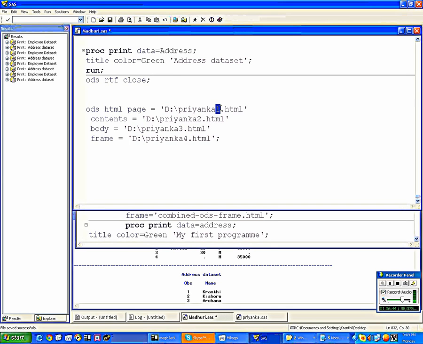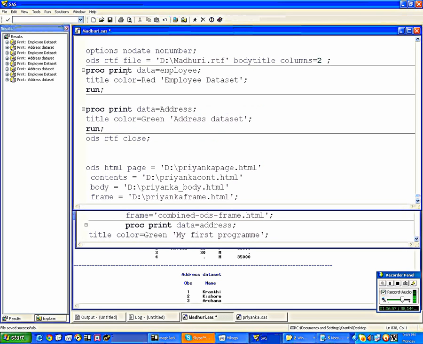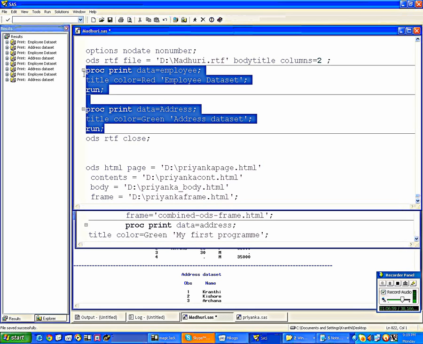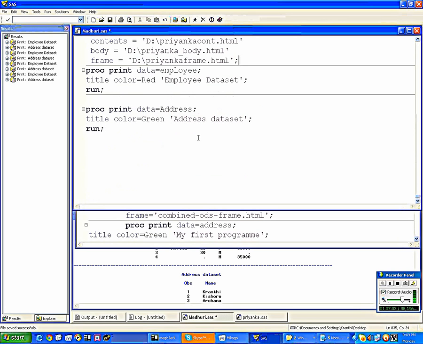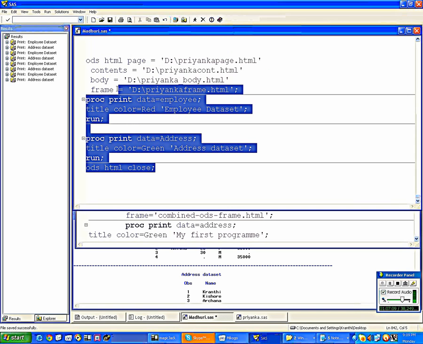Priyanka page is the page, then Priyanka content, then Priyanka frame, and Priyanka underscore body like this. Then print these two. At the end, use ODS HTML close. Submit this.